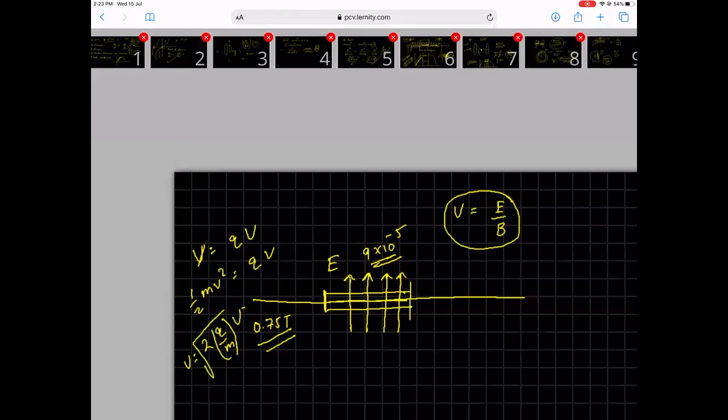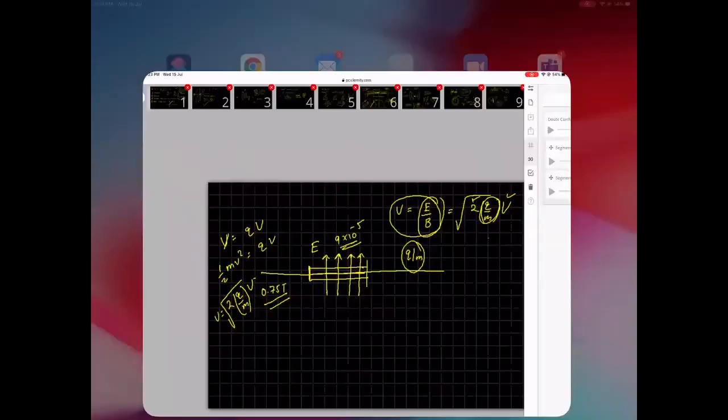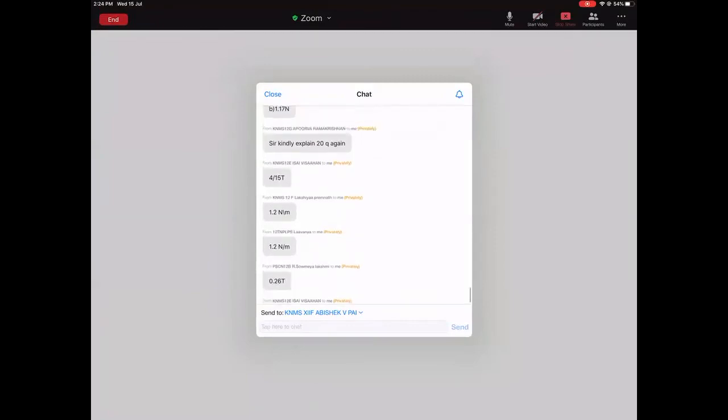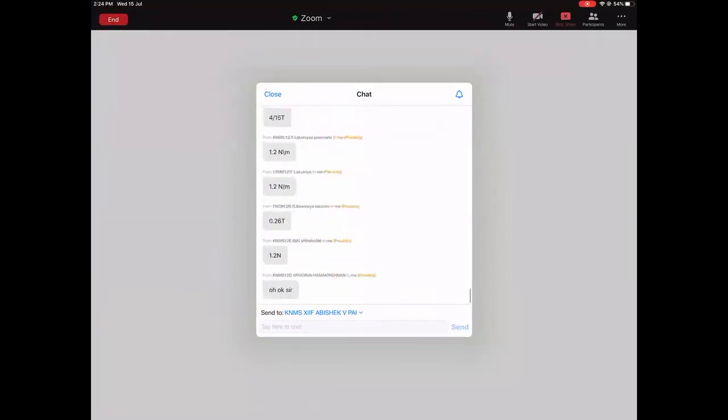So now I can equate that, 2 times Q by M into V. Now all this is known to me, this is also known to me, this is known to me. So Q by M is the only unknown. Because Q by M is the only unknown, in this question I can find out the charge to mass ratio. I can't find out what particle it is. The question was to guess what particle it is. So I can't guess what particle it is. Okay. So I hope you are able to understand.